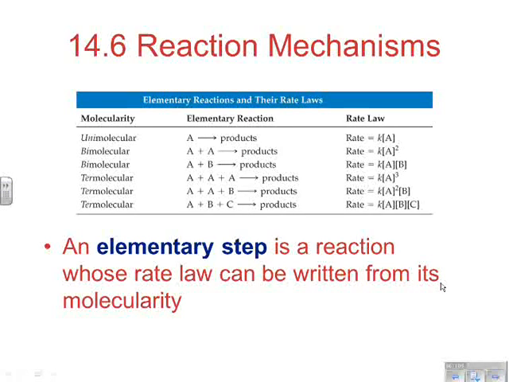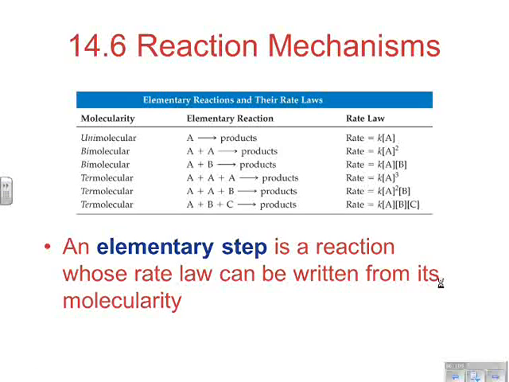So an elementary step is not only a unimolecular or bimolecular way in which the reaction progresses, but its rate law can be written based upon the molecularity. And that's something we're going to exploit to see how the rate law is upheld in a certain